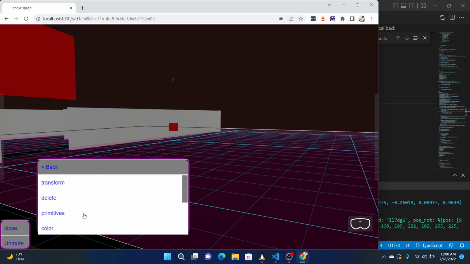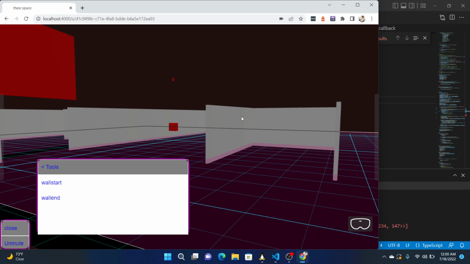So tools, I made this scrollable where it wasn't scrollable before. Wallmaker just has two buttons, one to reset when a wall is starting and one to say that the wall is ended. And you can click around, and if you made a mistake, you just say wall start again. But otherwise, let's create four corners, and we say wall end, and there those